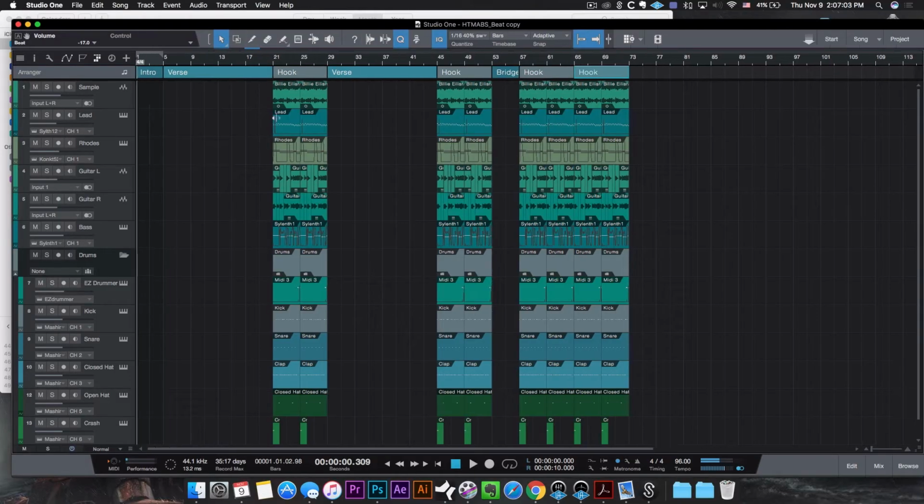But now we gotta talk about this intro. So for the intro, basically what you're aiming for is to kind of give people a preview of what the beat is gonna be without giving them everything all at once. So for me, that usually kind of resorts back to maybe adding like a piano or the sample by itself. You don't necessarily wanna have any leads in there just yet. Again, this is to taste and for preference, but what I'm gonna do here is I'm gonna take our sample, which is this here,